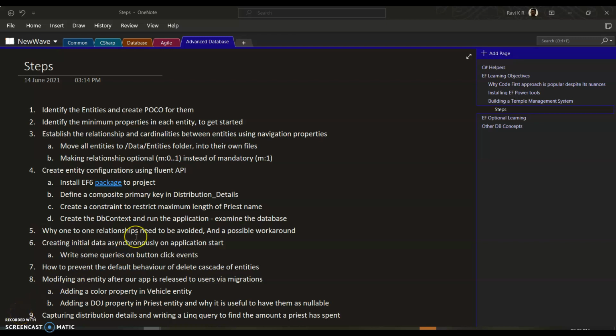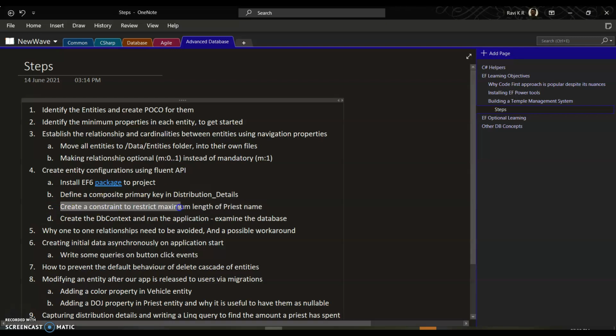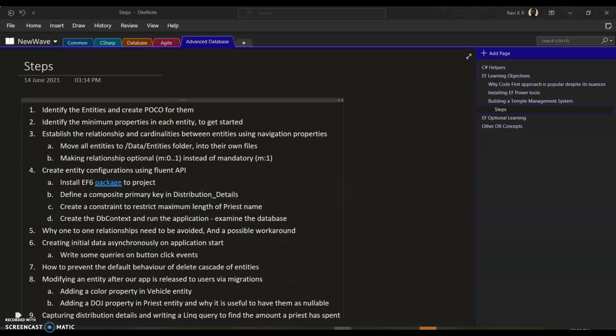So now that we have defined a composite primary key for distribution details using Fluent API entity configurations, let's see how we can do something similar for the priest entity, where we would want to restrict the length of the priest name property. So going back to the project,